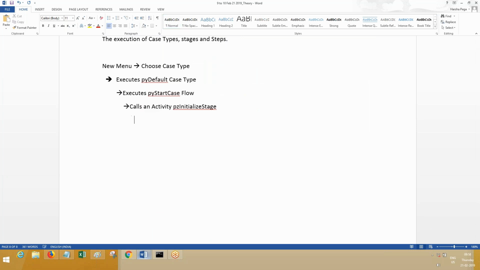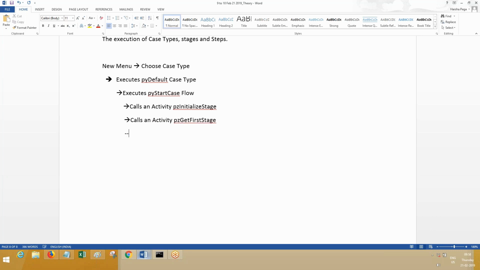See that this activity in turn calls two other activities, right? What are those activities? Calls an activity pz get first stage, and next it is going to call another activity.